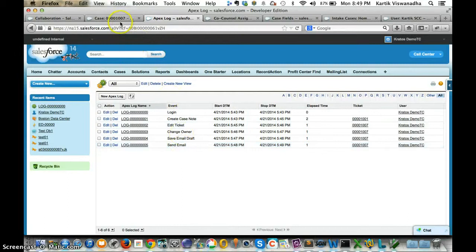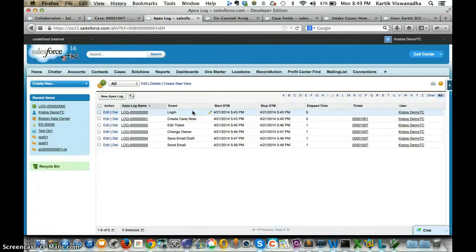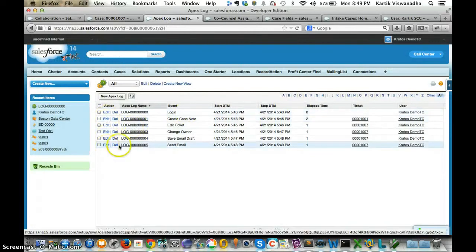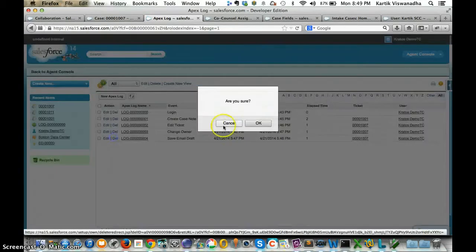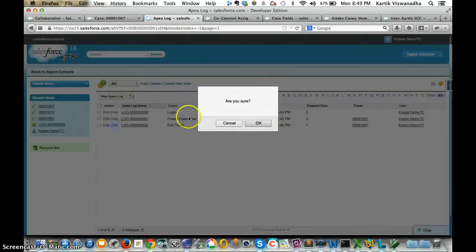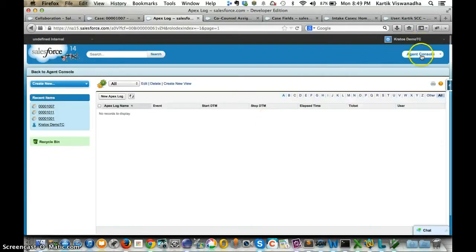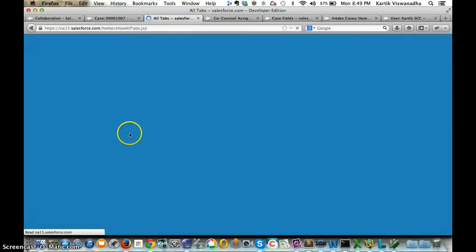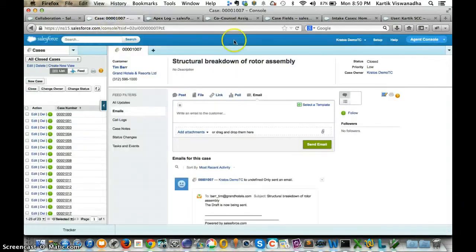So these are all the different things that you can do as per the challenge. So let me reset everything. Let me delete everything. So now I deleted everything. I'm going to this one. So I don't have any records.